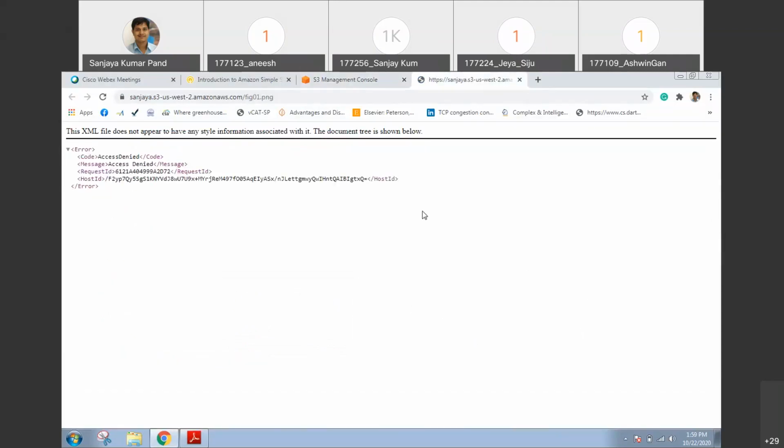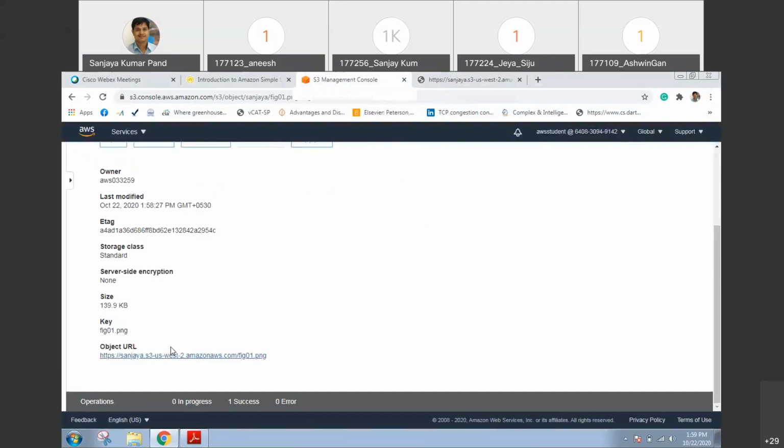So you are getting an access denied option. In this case, you are getting access denied, right? You are getting an access denied option because in this case, first we have created a bucket. Inside the bucket, we have created an object, right? But what happened? That object or the bucket is not public. So, in order to make it public,